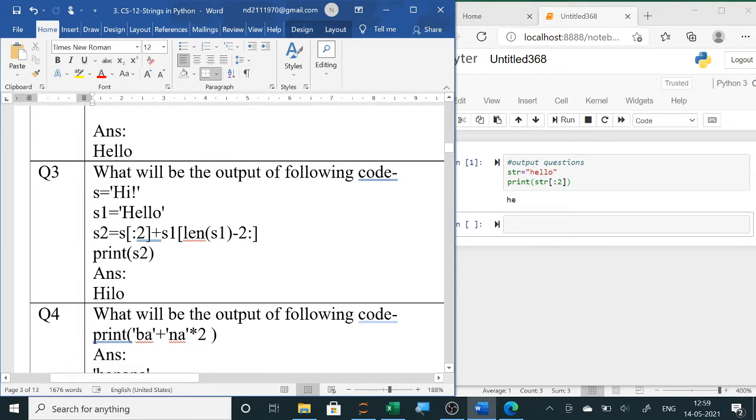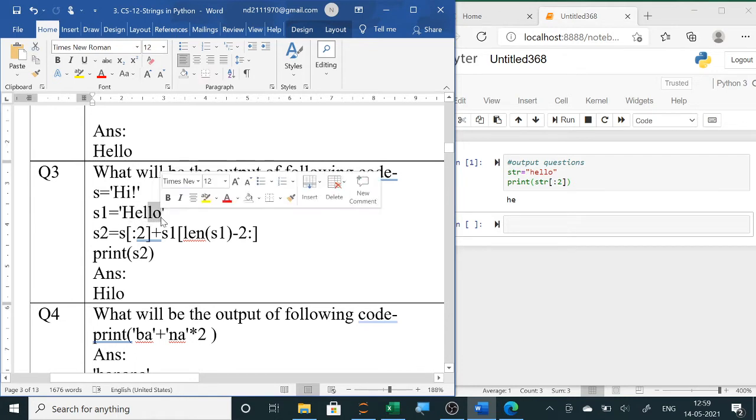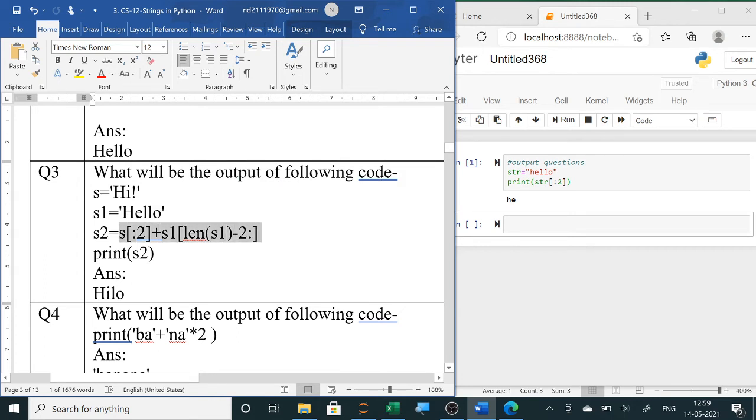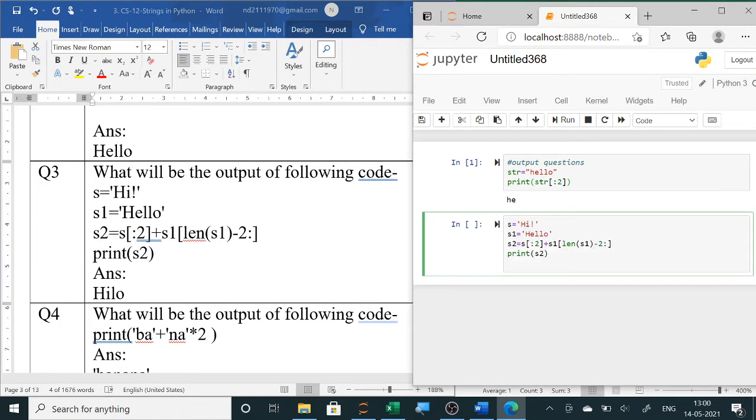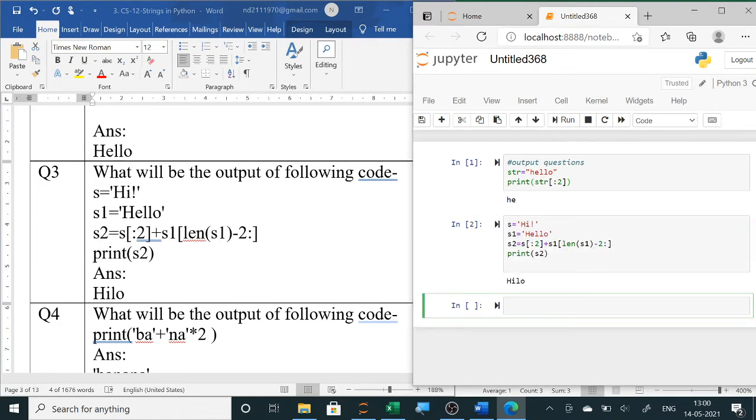So from index 3, that is L, it will start until the last, so LO. The first part gives HI, and plus means concatenation, and this will be LO. So the output will be HILO, case sensitive. Whatever the string is, the same thing will be displayed here. Let us check. Run your code and check. Yes, HILO, where H is capital.